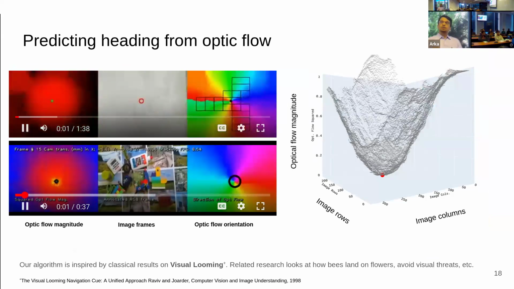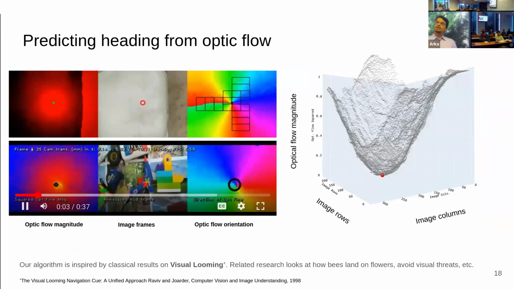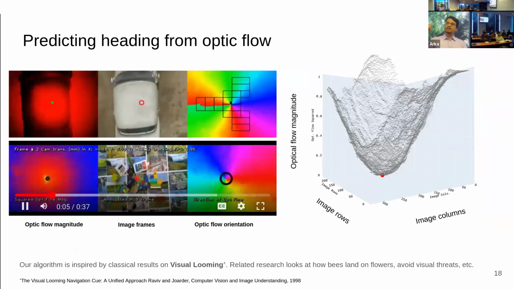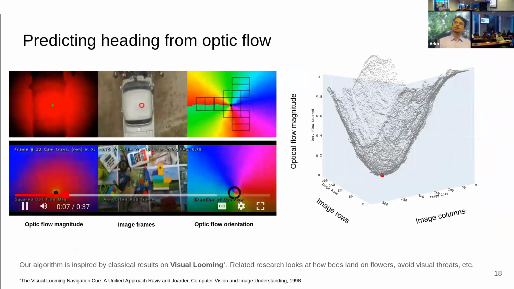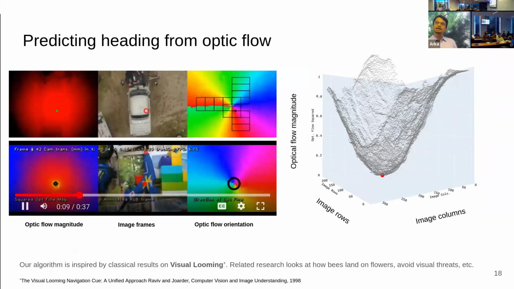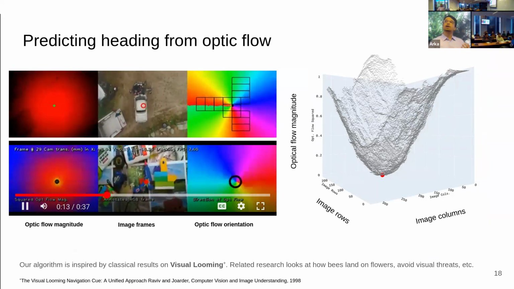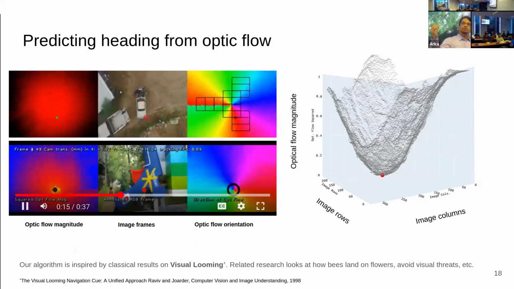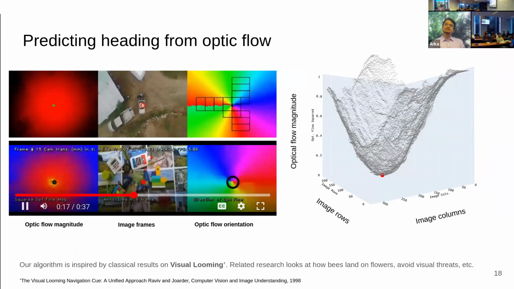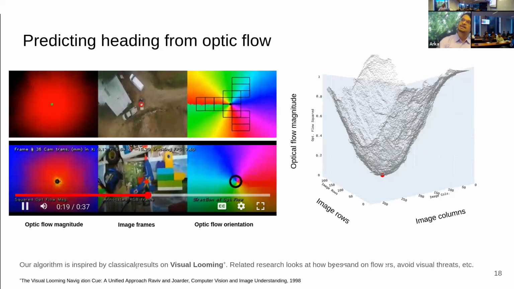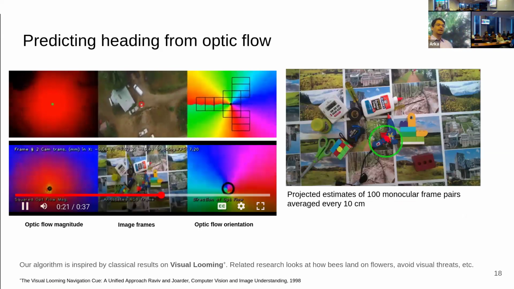To servo a robot arm, we need a servoing signal, and for that, we predict the heading of the camera in the scene from optic flow. Our algorithm is very simple. We calculate the optic flow between subsequent frames, and we look for a pattern in the optic flow. The minima of that optic flow satisfying certain constraints gives us statistically significant estimates of where the heading is in